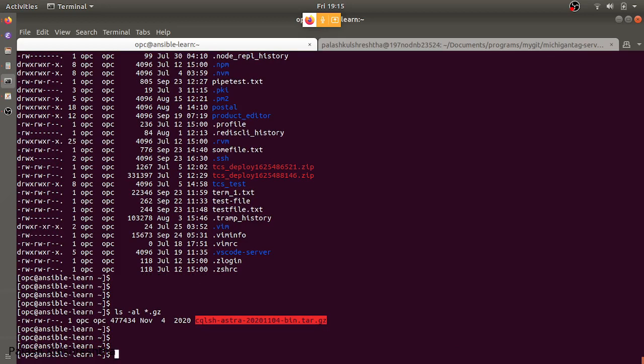Now let's try to extract this gz file. Gz is an extension for gunzip, a special compression format which is supported in Linux. So let's try to unzip this file.